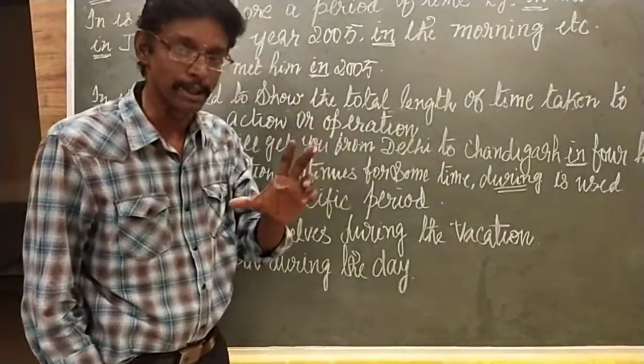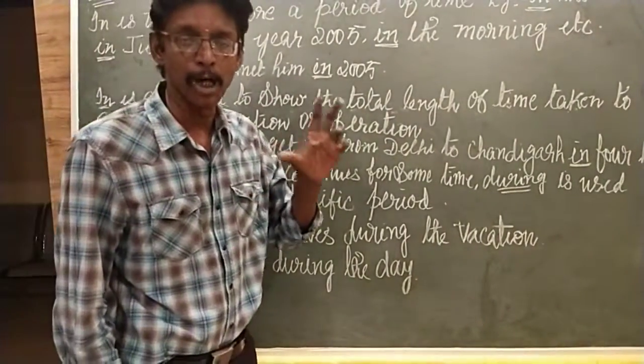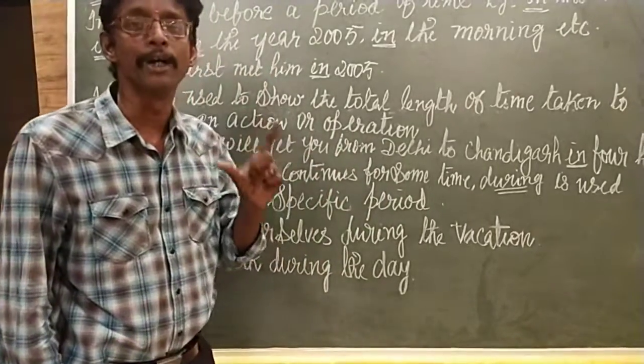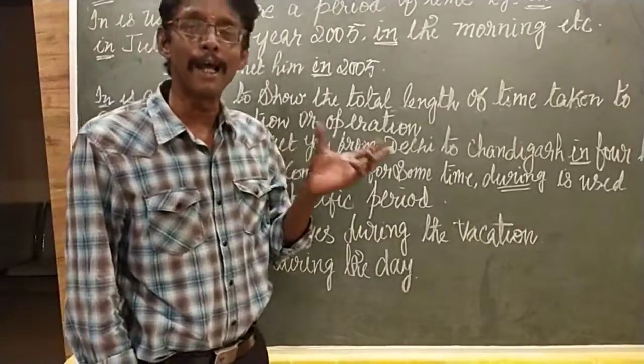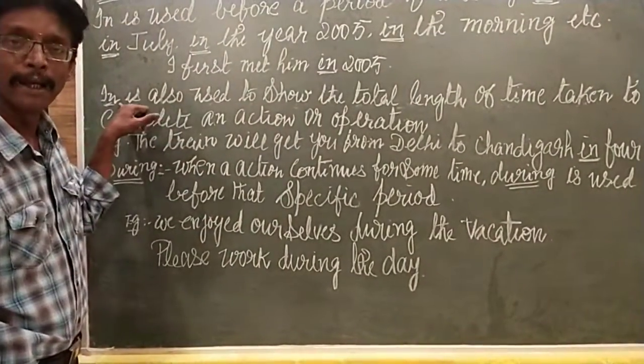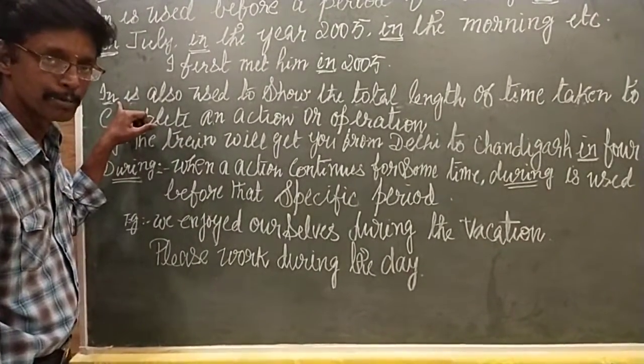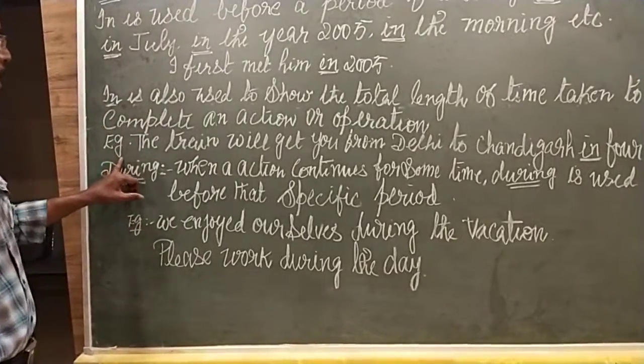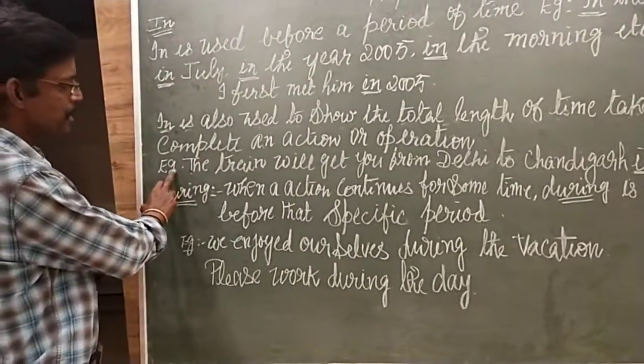टोटल लेंथ जैसे मैंने बताया था, कितना टाइम ले रहा है एक काम करने के लिए, आधा घंटा या एक पौने घंटा, वन आवर, वॉट एवर द टाइम लेंथ. फॉर दैट टाइम लेंथ वी यूज द इन. इज इट वेरी क्लियर? द प्रीपोजिशन इन. नाउ वी आर कमिंग टू example is given here.